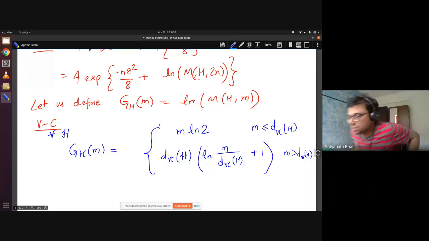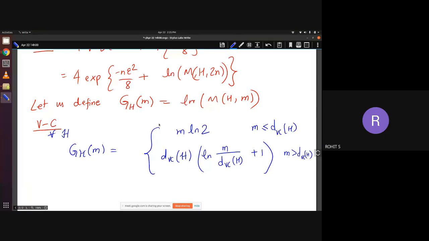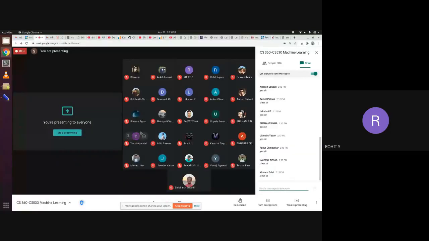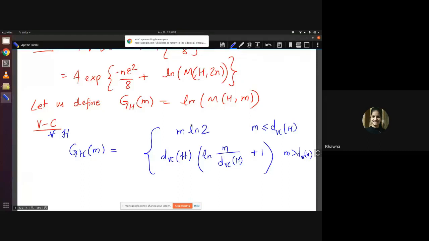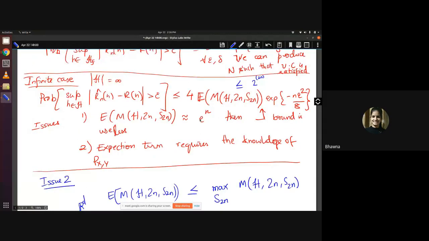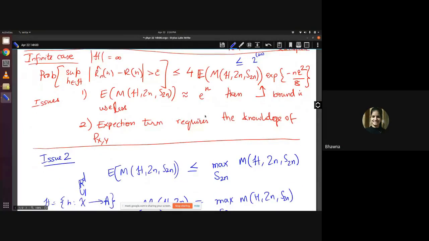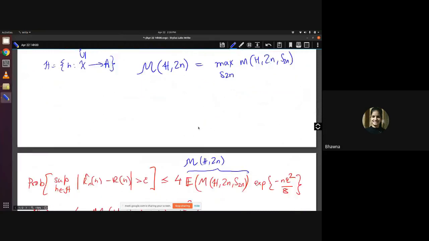So are there any questions here? Shall I just, yeah, Bhavna. Sir, while addressing the issue, first you said we can't have something e raised to the power n. So we can't have 2 power n something, but we can say that the fancy m can be equal to 2 power n. So how is this?